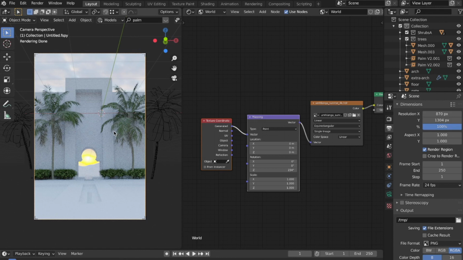So that was all for today's video. All the steps were very simple to follow along and use it in Blender. For the next part of the video, we are going to add materials to the scene and then take out the final render. I hope you got some valuable information from today's video.